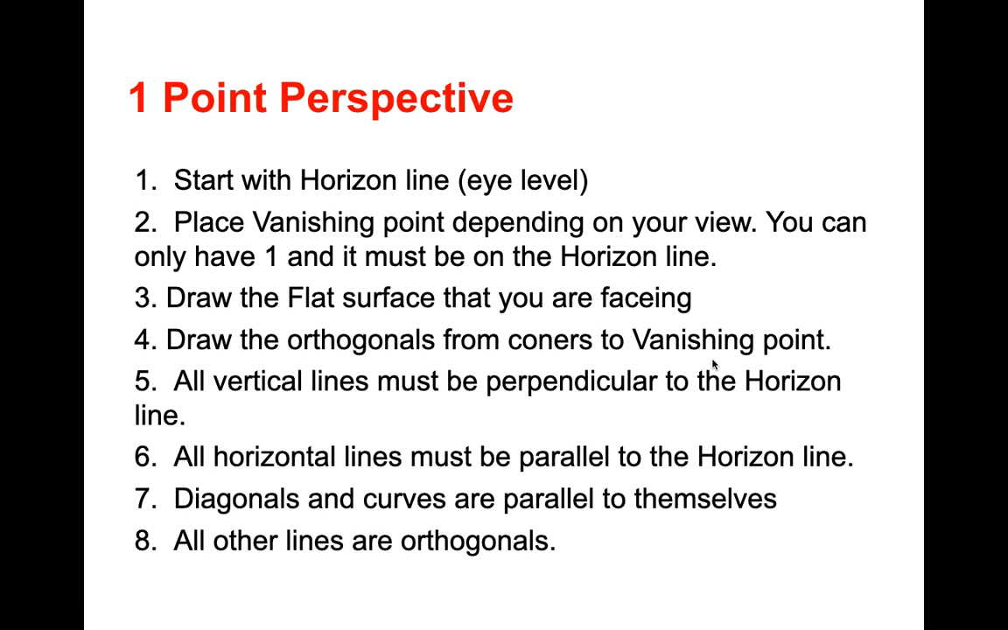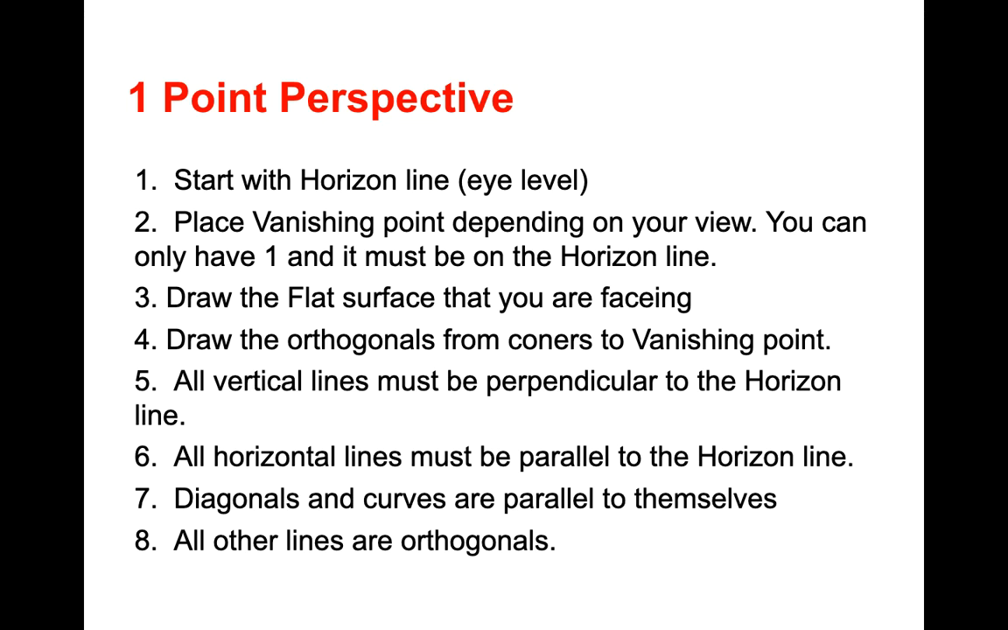Okay, so some rules about one-point perspective. You're always going to start with your horizon line. You're going to place that, and then you're going to place your vanishing point on that line depending on your view. It could be in the middle, it could be on the side, but it's always going to be on the horizon line. And once you start drawing in stuff, you can't move it. You're going to draw the shape of the flat surface you're facing next. And then from the corner of that, if it's a box, you're going to draw the orthogonals from the corner